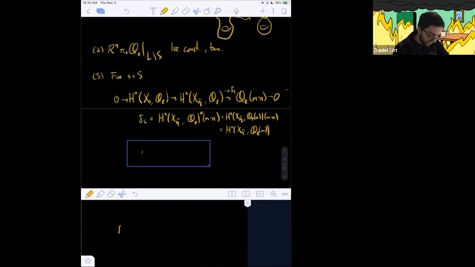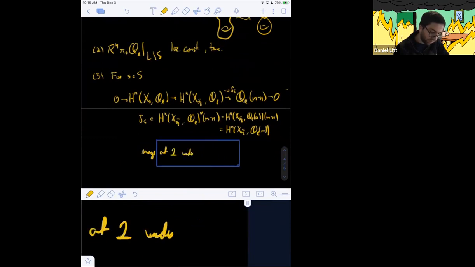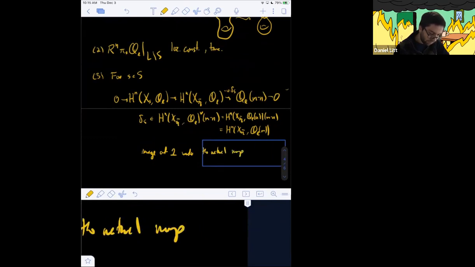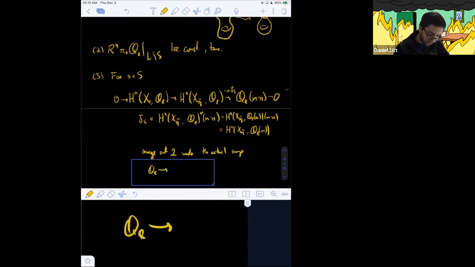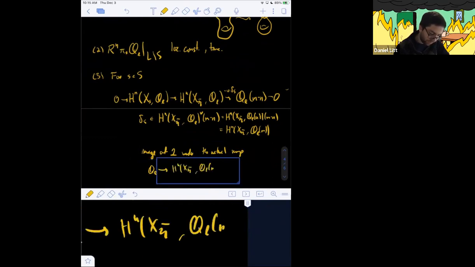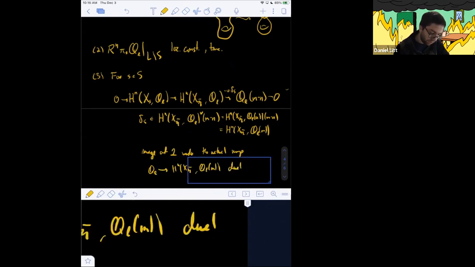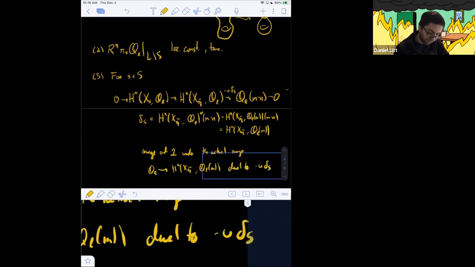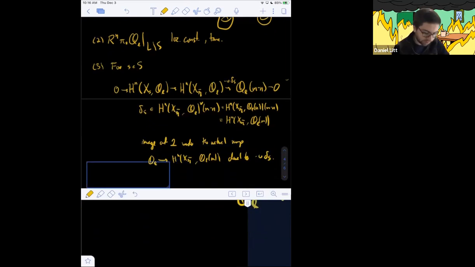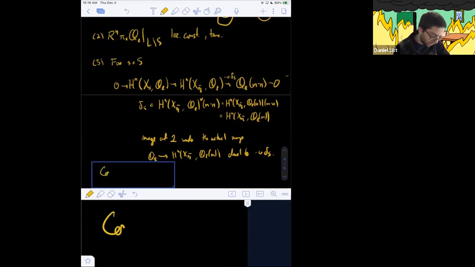So what is this? This is the image of 1 under the natural map QL to Hn X eta bar QL of m, which is dual to cupping with delta S. Okay, so this is just unwinding how cup products behave under Poincare duality. But the point I want to make is that there's a concrete way to understand